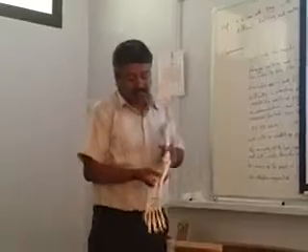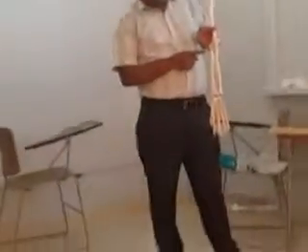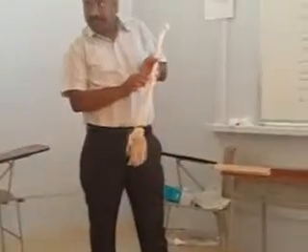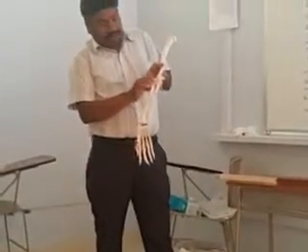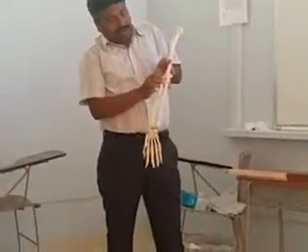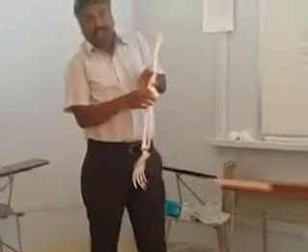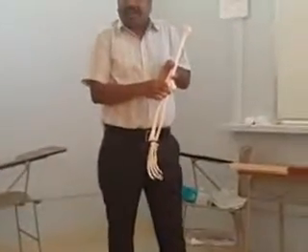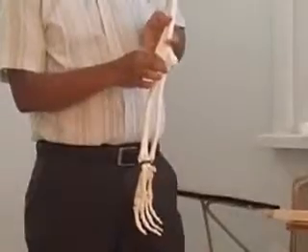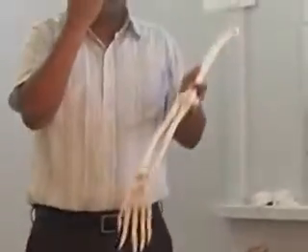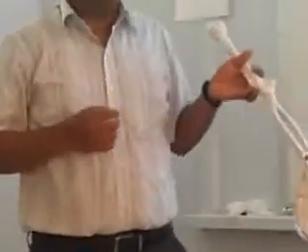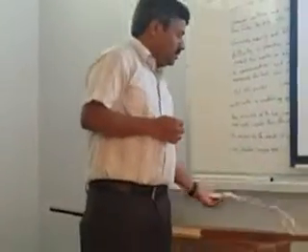Okay. So the superior radioulnar joint, as already explained, is between the head of the radius, which is round, and the upper end of the ulna, where you have a notch. That is called the radial notch. Very good. Again, the variety: what variety? It's a pivot. You understand pivot?